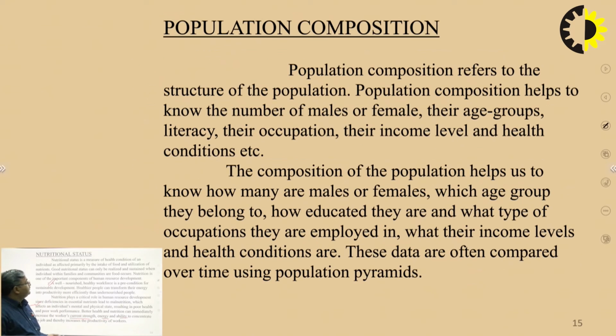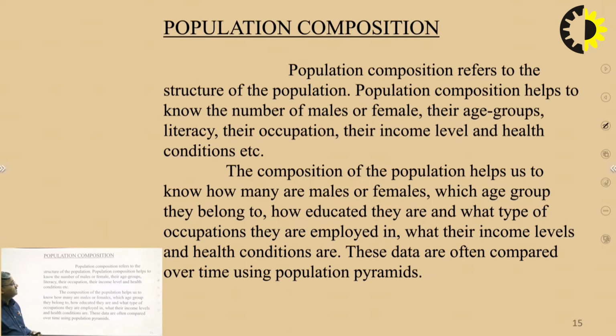Now we have another concept, which is known as population composition, because as we know, the quality of population within the geographical demographic boundaries of the nation plays a decisive role in defining the extent and nature of employment as well as the extent and nature of demand on community resources, and thereby makes the people look into how they can utilize the available population in the best possible manner, or we can say the resources available within the geographical demographic boundaries of the nation to the fullest extent possible.